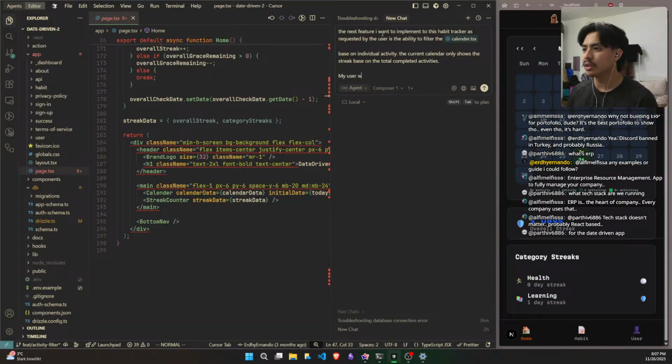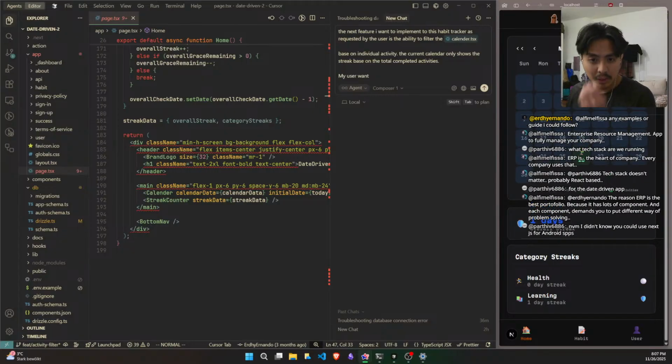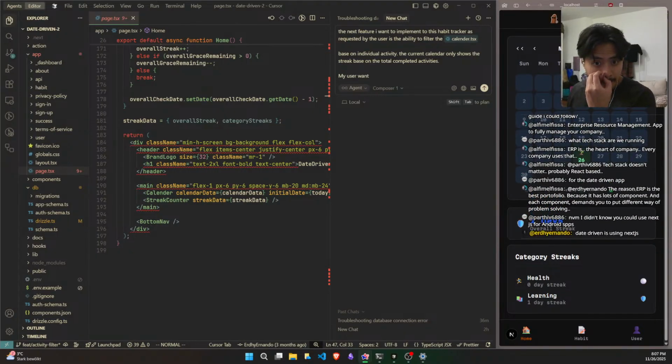My user wants, how would I prompt this? For the date driven, it is using Next.js. True, I understand. No, it's still web.